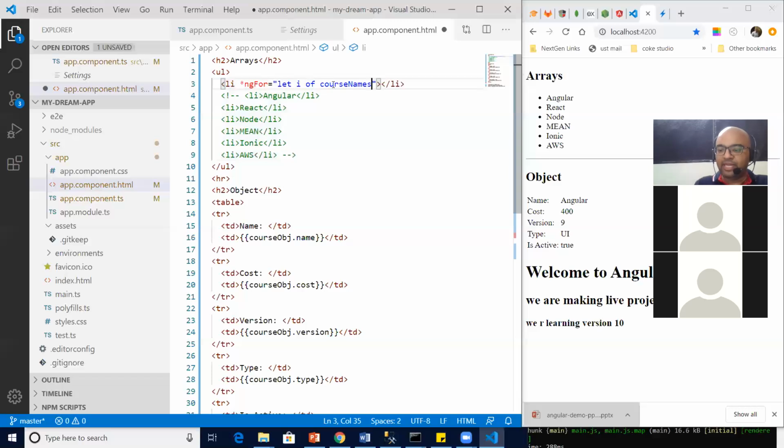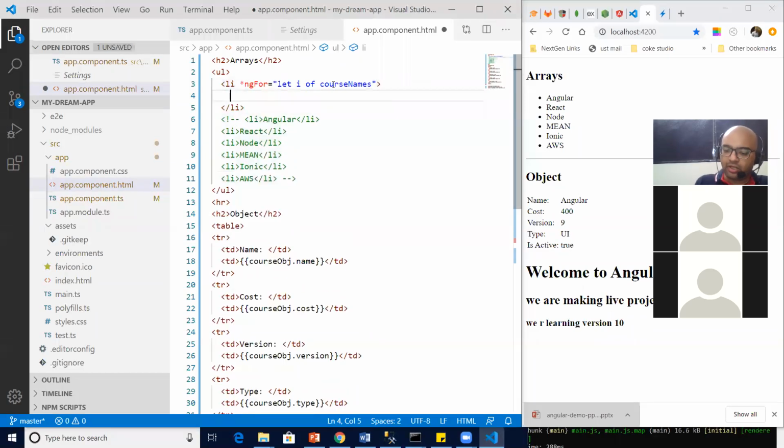So i being an iterator, correct? I created a variable i as an iterator. i of course names means i is going to iterate or go through or point to each and every element of your course names array. And when I do that, I say, hey, print the value.